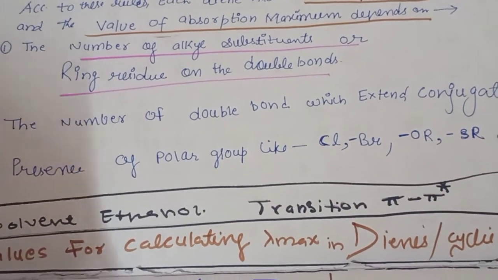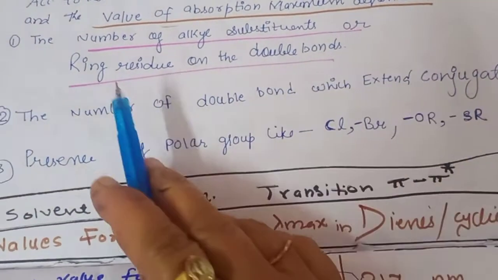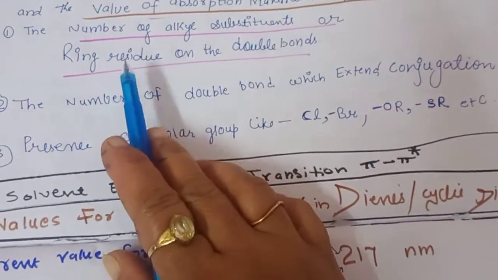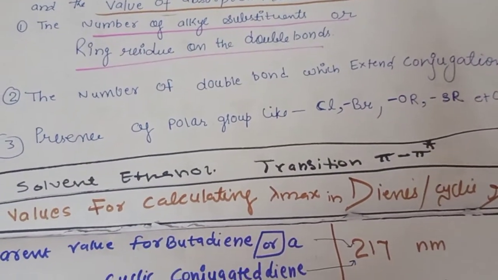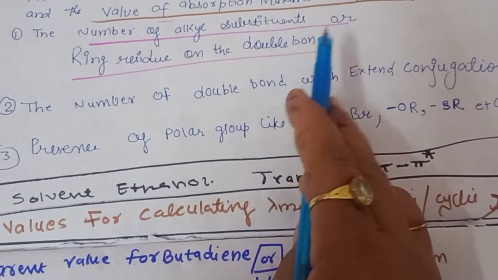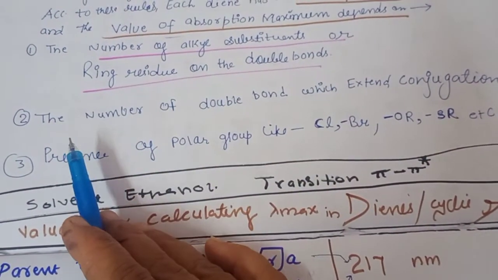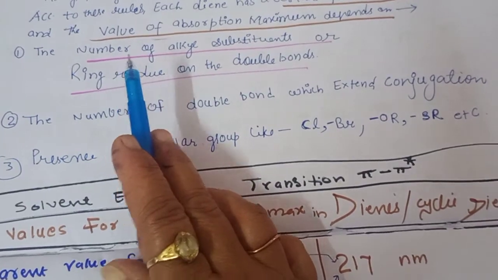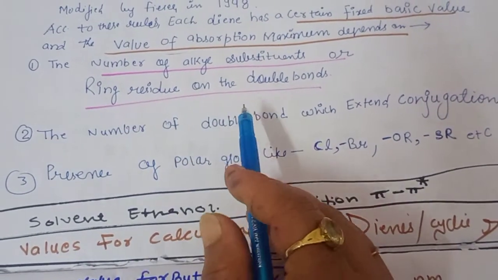Now, on what factors does the value of the absorption maxima depend? First is the number of alkyl substituents or the ring residue. When we do the numericals, as we said, the basic value for butadiene is 270 nanometers. But when any alkyl substituent or ring residue attaches, the value will change. It will increase or decrease. So the first point, the value depends upon the number of alkyl substituents or the ring residue or the double